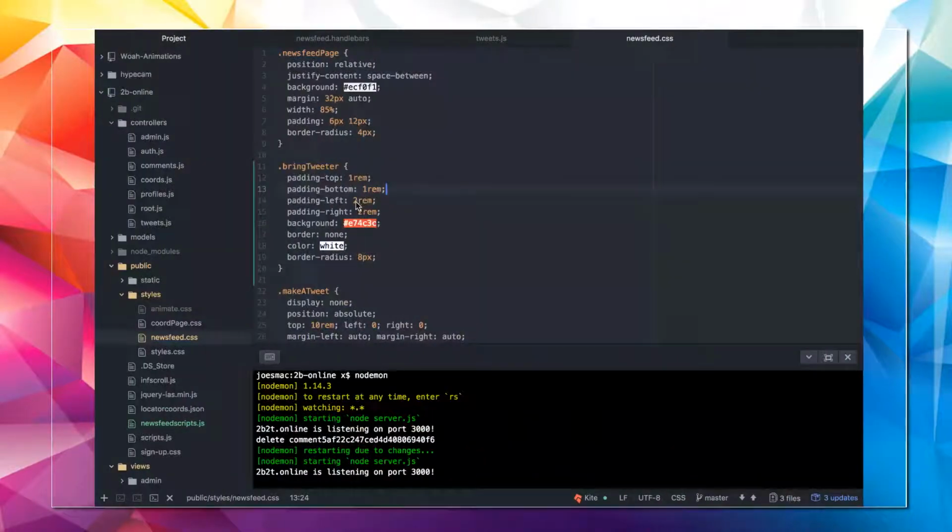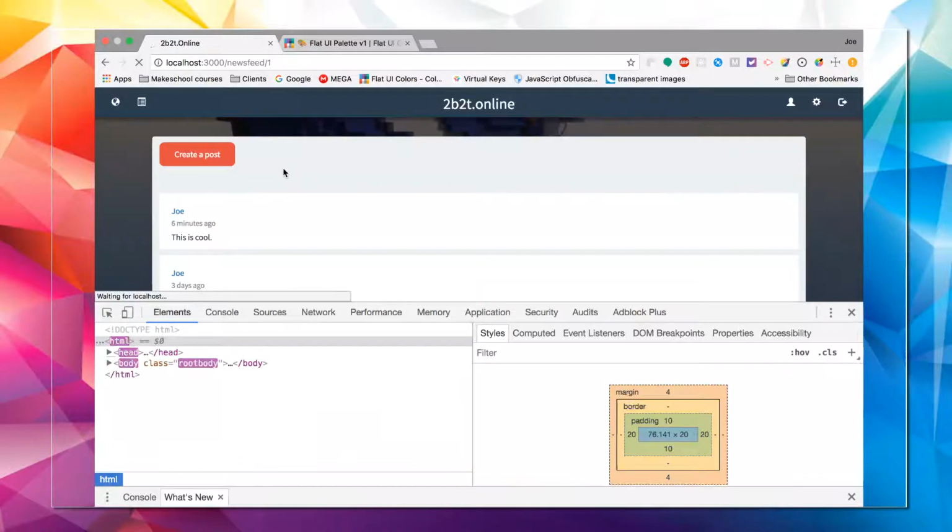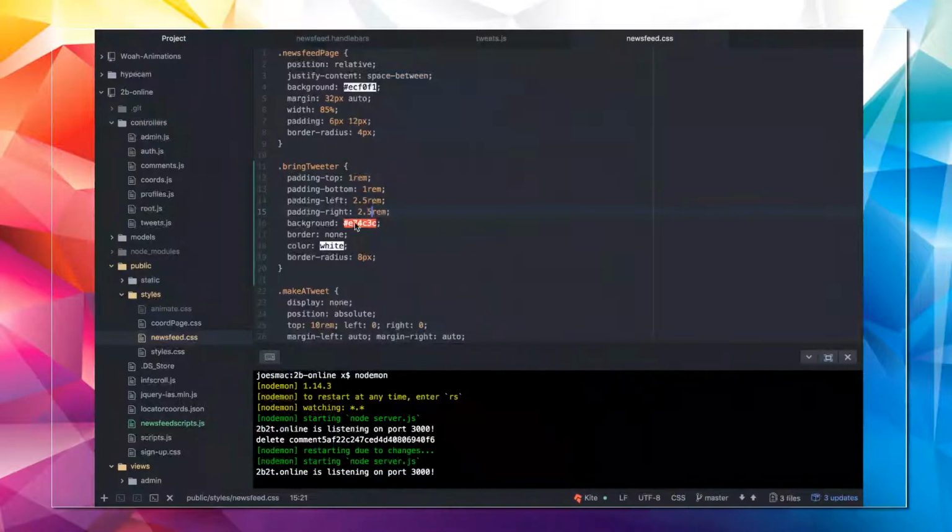Quick and dirty, make that just a little bit nicer. And then, you know what, I want to see it a little bit bigger even. So let's go 2.5, see how that looks, and then I might even bring the padding down on the other side. You know what? I want this, we're going to go with 4. I think I want it bigger than